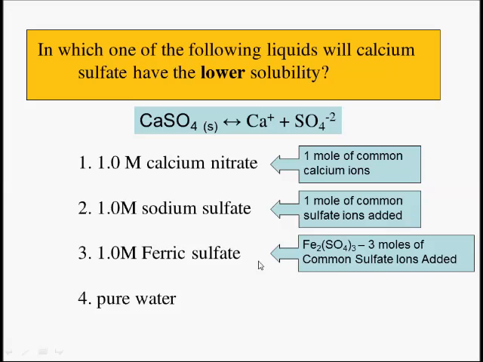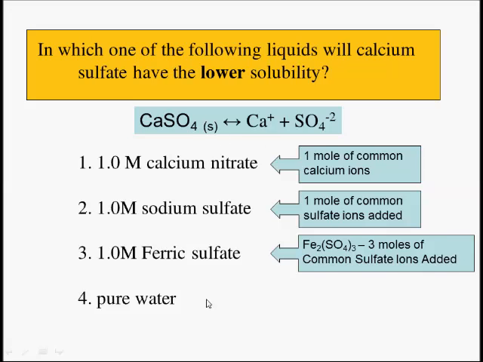Now, hopefully you wrote the correct formula for ferric sulfate, and we can see in this case if I have 1 mole of ferric sulfate, for every mole of that dissolves, I'm actually going to get 3 moles of sulfate ions. So even though the concentration looks the same, I actually have 3 times as many sulfate ions, and so if we add 3 times as much sulfate, that really messes equilibrium up. It's got to shift way farther to the left to regain equilibrium,